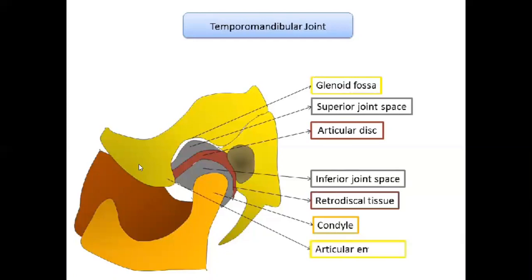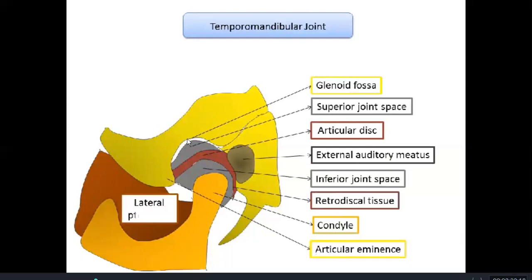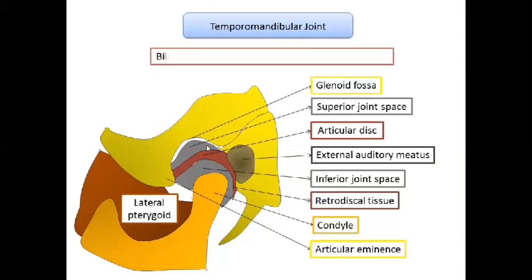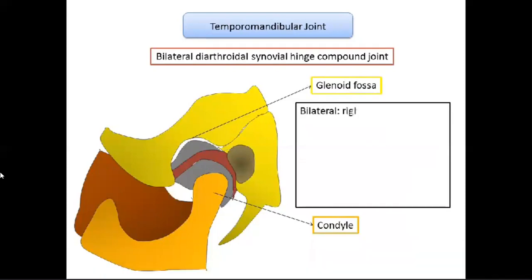This is the normal anatomy of the TMJ. This is the glenoid fossa and this is the condyle, and this is the mandible and this is the maxilla or the cranium. And these two components are joined and intervened by a disc. This is called the articular disc. And the posterior area of this disc is known as the retrodiscal area. The very unique property of the temporomandibular joint is that it is the only joint in the body to have a superior joint space as well as an inferior joint space. And also this is called a compound joint.